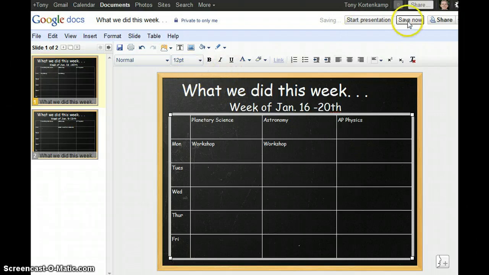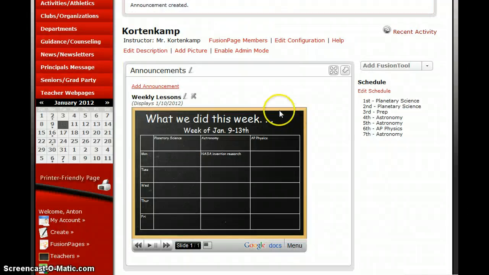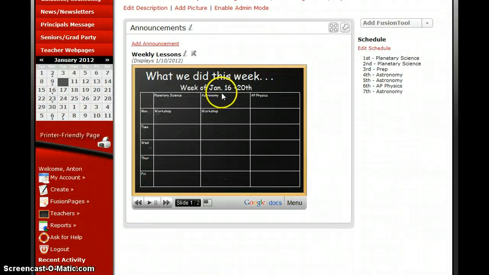And then if I save this, what happens is it automatically goes in and updates wherever I have it embedded. So if I look back at my Fusion page now and I refresh the page to show changes, it will now show me that I have this new week up,